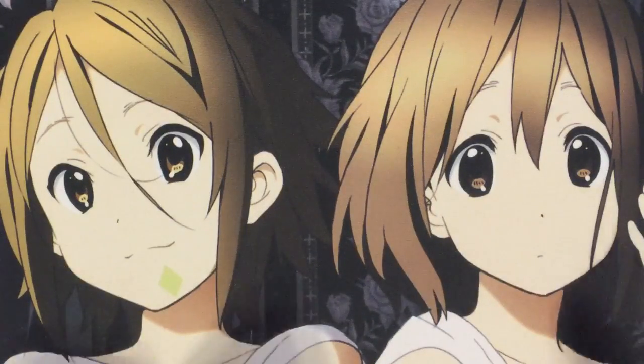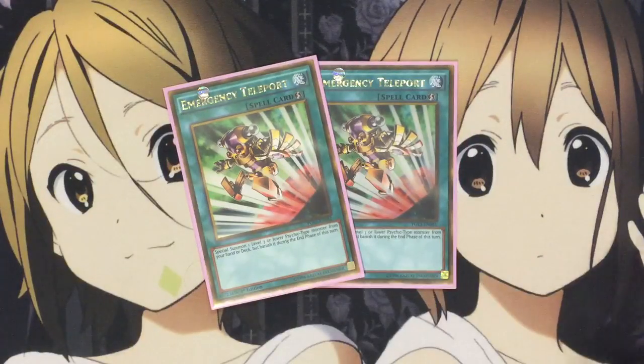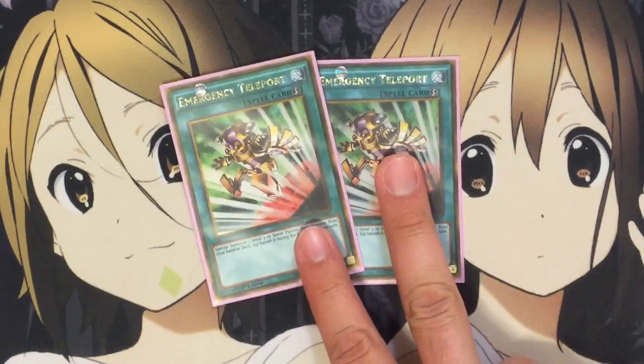So they help fill up the field, like I said, for the synchro summons, while you can still keep your normal summon for your Gusto monsters. And for spell cards, I run 2 Emergency Teleports, another card that really helps with the 1 normal summon condition. You can summon Pilica off of this card